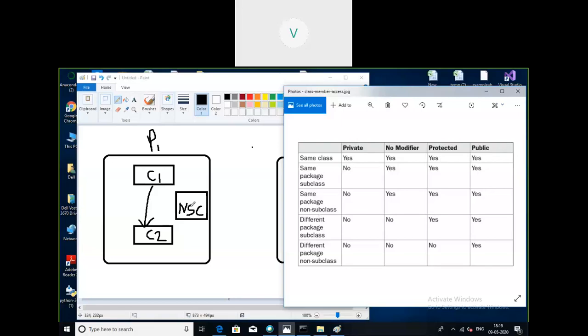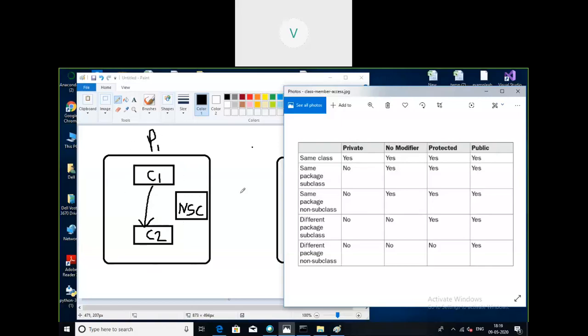That means a non-subclass present in the same package can access all the members of C1 except the private members, that is default access, protected access, and public access.